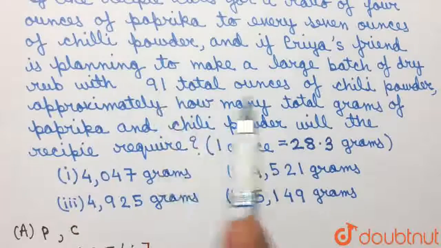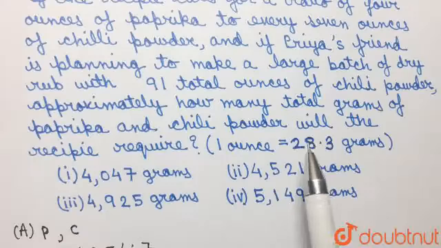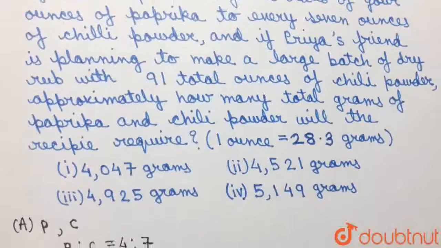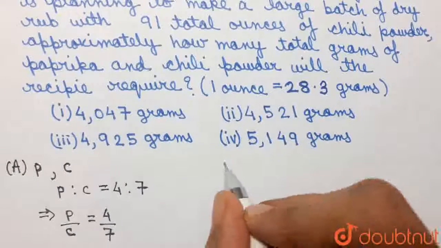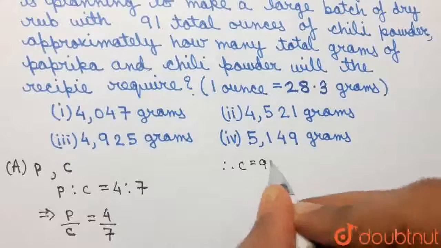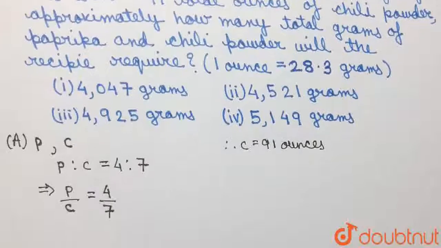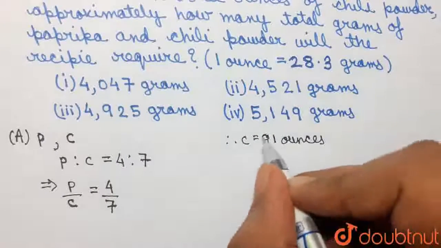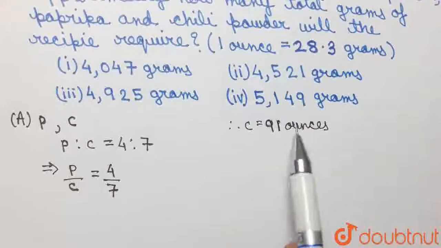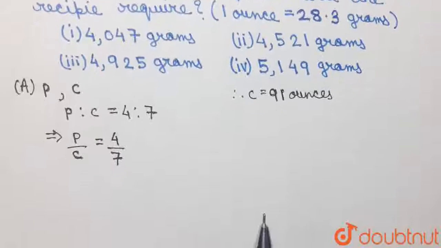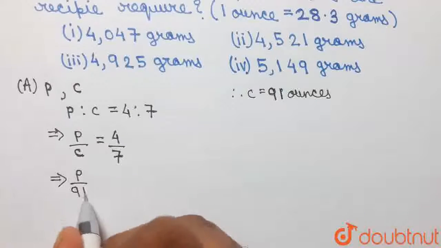with approximately 91 total ounces of chili powder. So the amount of chili powder she is using is 91 ounces. So we can write that the value of C is 91 ounces. Now to find the value of P, that is the amount of paprika she will be using, all we have to do is substitute C equal to 91 in this equation, and doing the same we can write that P by 91 is equal to 4/7,